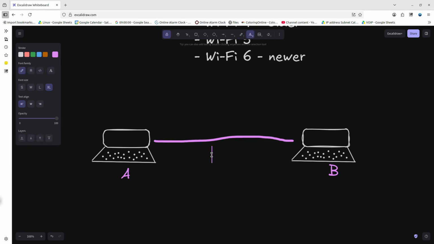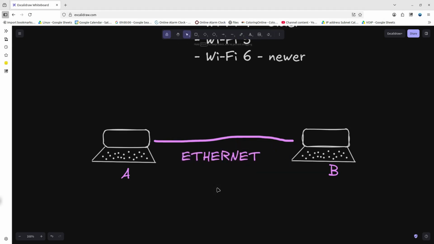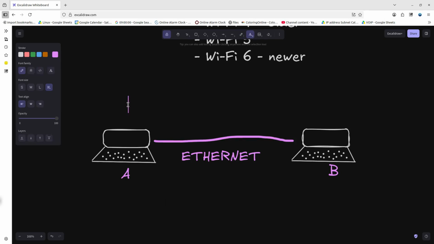That is what we call Ethernet. So what does Ethernet mean in this context? Ethernet basically means that the communication protocols should be set in such a way so that A and B can communicate. For example, if A is speaking Japanese and B is speaking English, can they communicate properly? Absolutely not. So there should be a set of understanding that both speak one language, and that particular language should be understood by both of these devices. Make sense? Now, if you want to know more about Ethernet, the entire concept and the protocols behind it,